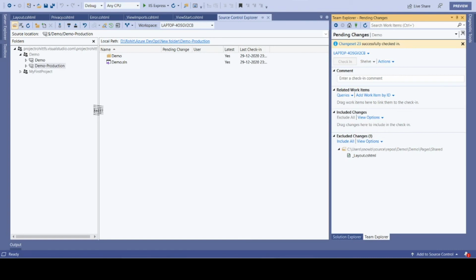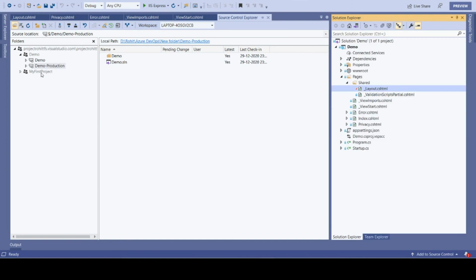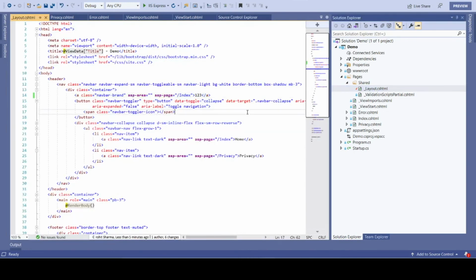Now, something is ready and we want to move it to production, so we have to merge our code. First I'll go to the demo, and I have some changes. For example, let me keep it as branch dev change.